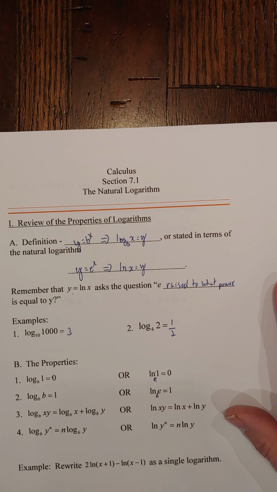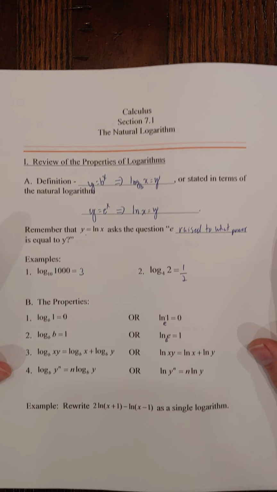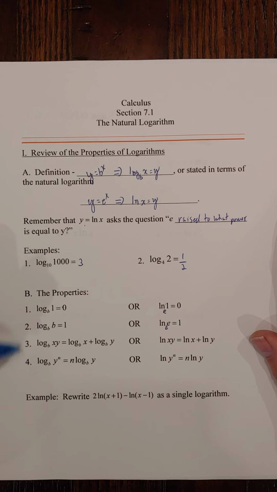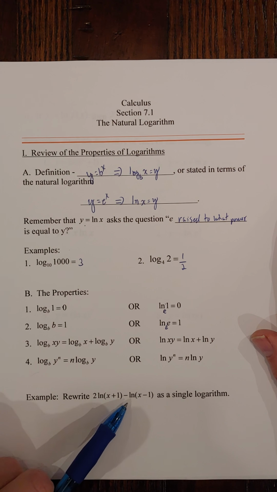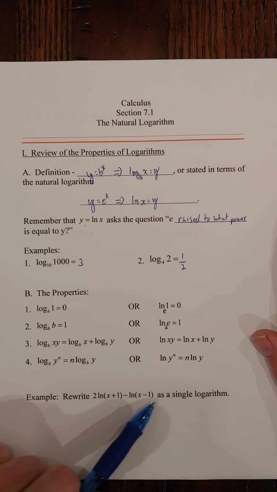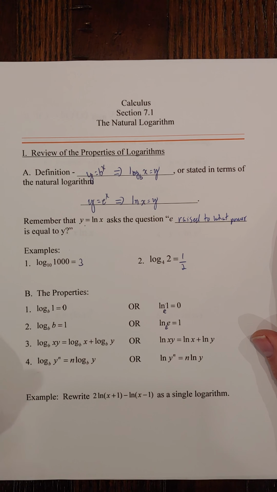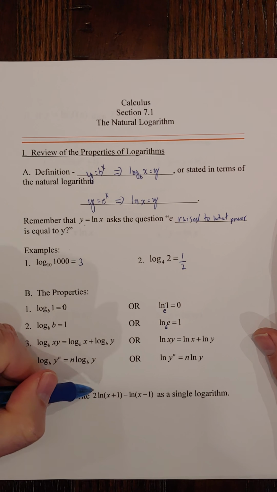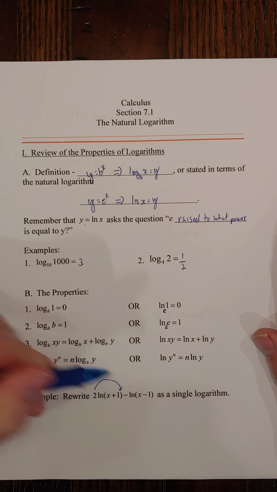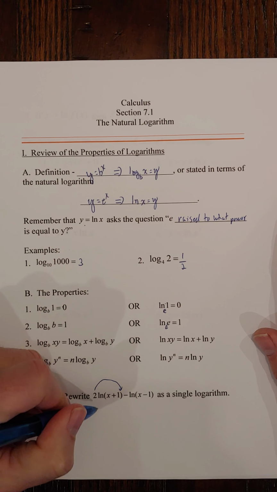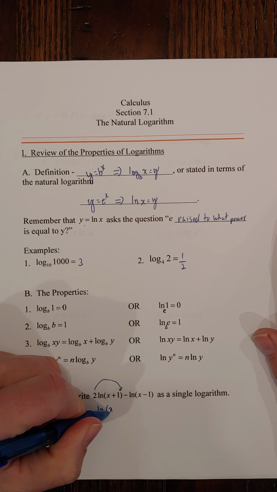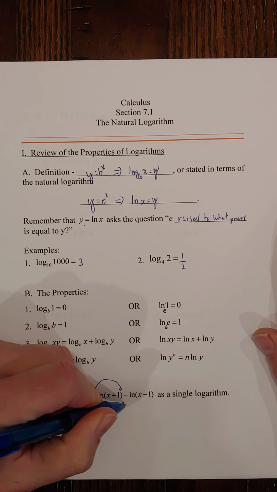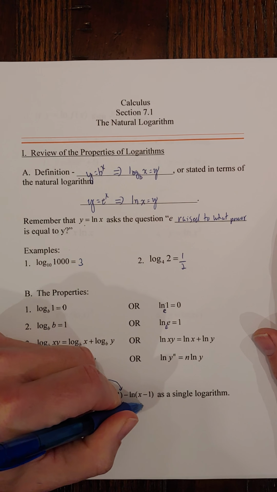of y. Okay. So kind of a nice exercise to practice these properties of logarithms would be to take 2 natural log of x plus 1 minus the natural log of x minus 1 and write that as a single logarithm. Okay. So the first thing I'm going to do is take this 2 and write it as an exponent on the argument to the natural log. So now we're going to have the natural log of x plus 1 squared minus the natural log of x